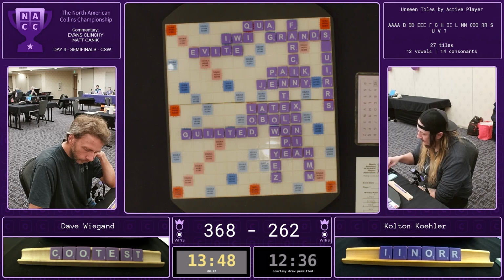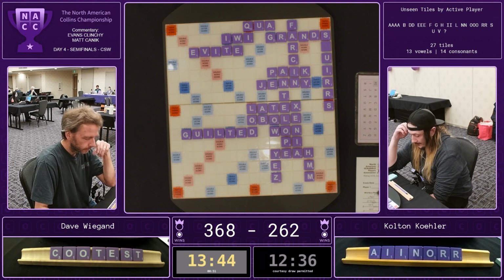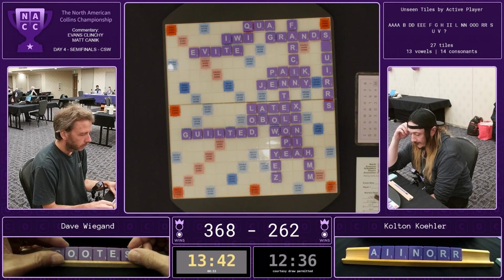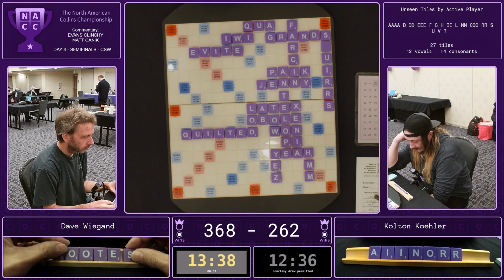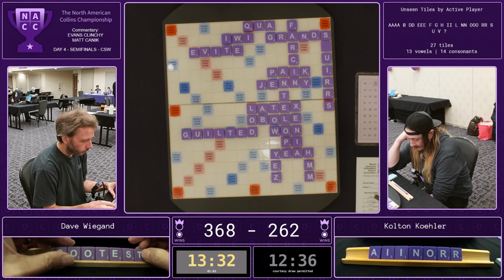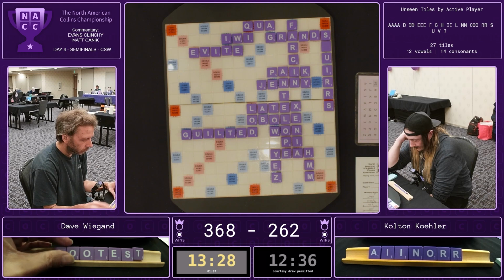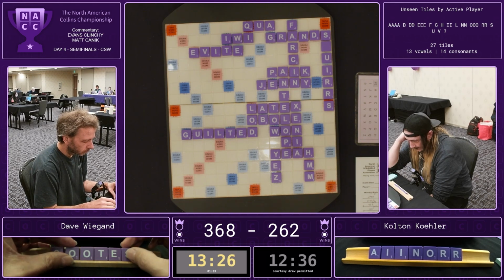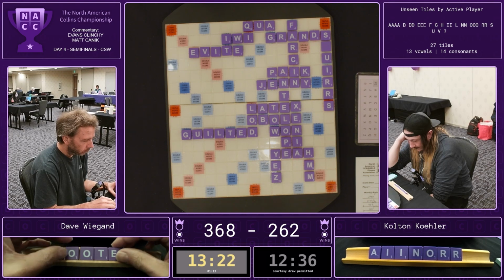Duplicate R is not great. Duplicate I is not great. Show me a blank. He's got an A. Okay. Doesn't look like that's much of anything, unfortunately, for Kolton. And you really, at this point, just can't afford to have turns where you're not scoring well. You're down by so much. You got to keep battling. This is going to be, I try to open up the board in some ridiculous way. I wonder if there's like a 6 through the G he can play that forks it next turn, but